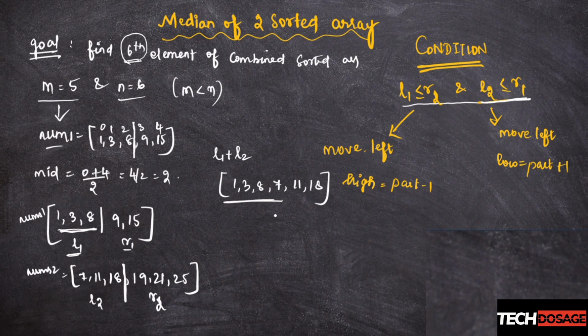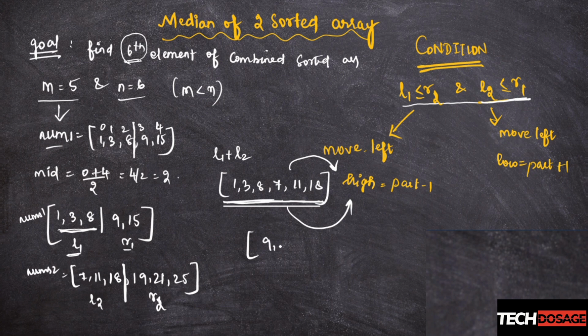Why? Because in a sorted array, all the smallest elements, or all these 6 elements, have to be smaller than any element that comes after this. Any element of these 6 elements has to be smaller than the elements occurring after the 6th element, that is from the 7th element. See, if I say that L1 plus L2 is simply the left 6 elements, then what will happen? Can we check? If these are going to be the left side elements, then I should have the right side elements of the sorted array as well, right?